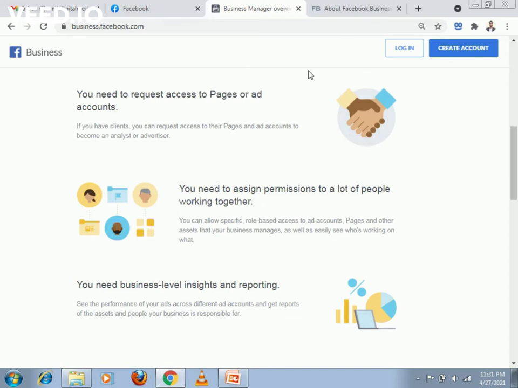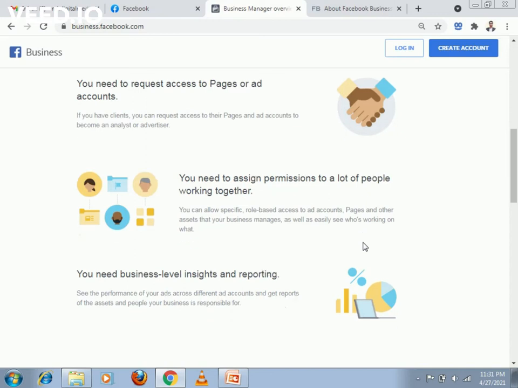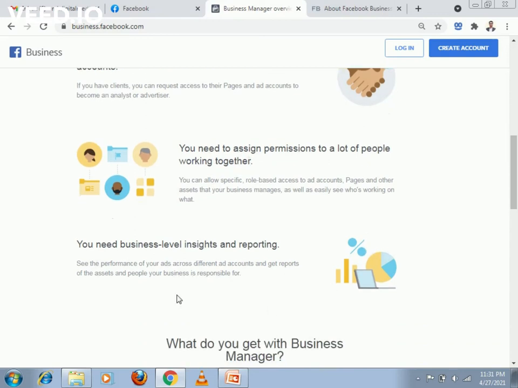Another feature of this is, let's say you need to assign permissions to a lot of people working together. For example, you have started a marketing agency, and some of your employees or friends are working with you, operating different pages and different ad accounts.